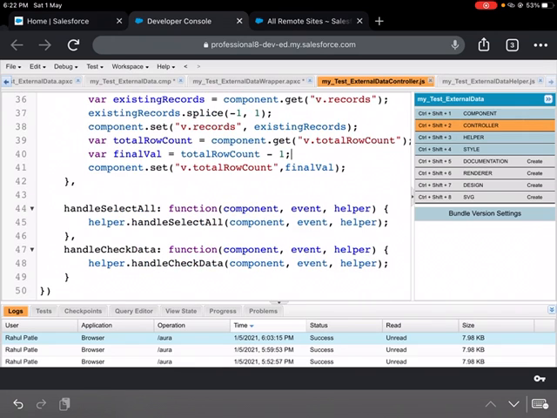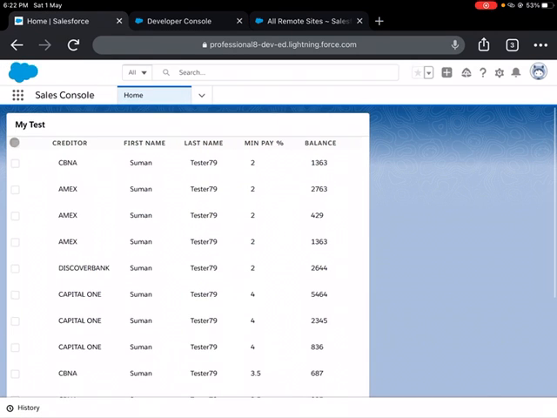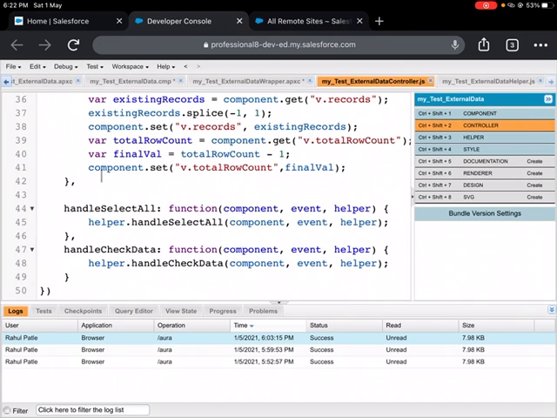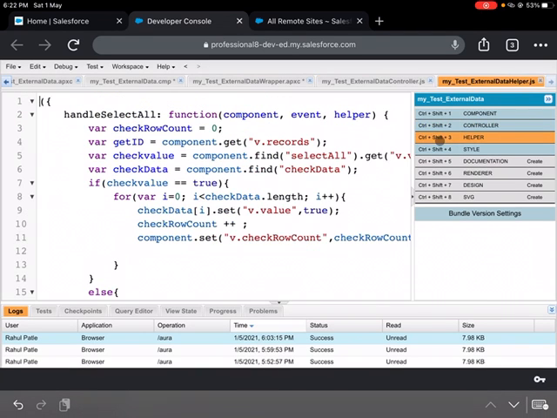So here, after clicking on that checkbox, I'm calling that handle select all method, and I've put all the logic in the helper. So in helper, I'll go here. First of all, I'm taking the check row count here, because I also want to get the selected count here.